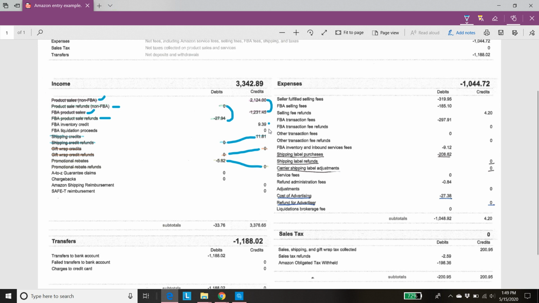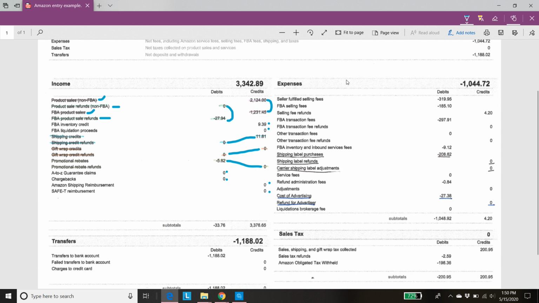So that would include like this little item here, these guys. You're not going to very often have values in these areas. But in case you do, I want you to have the tools that you need to do this entry. And then you would just put that in whichever column, once you add it, the debit or credit column, most likely credit. So to review, we've got our sales, and that totaled